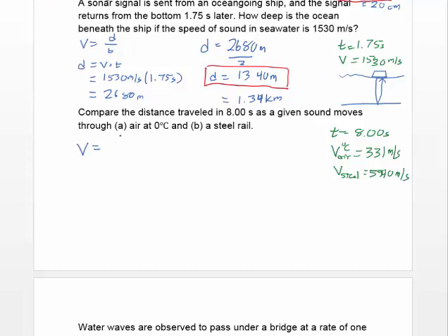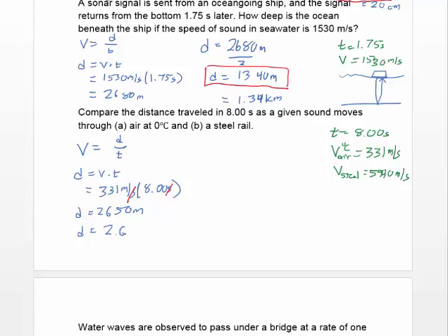Velocity equals distance divided by time, or as we did before, distance equals velocity multiplied by the time. For the first case, the velocity is 331 meters per second times 8.00 seconds. When we look at our units, the seconds cancel, and we just get a distance in meters of 2,650 meters. So the distance is 2,650 meters, or